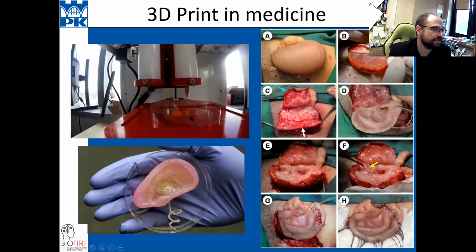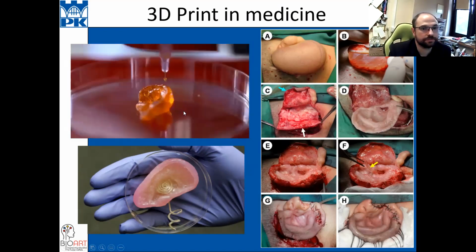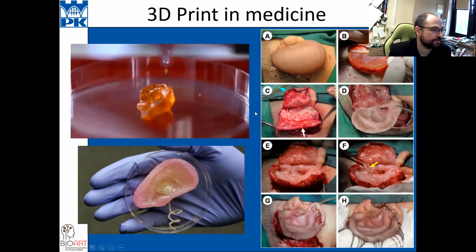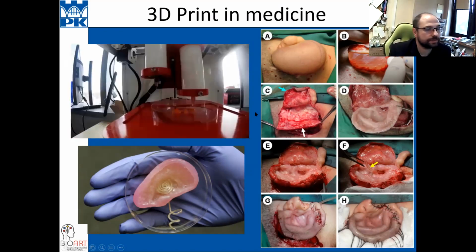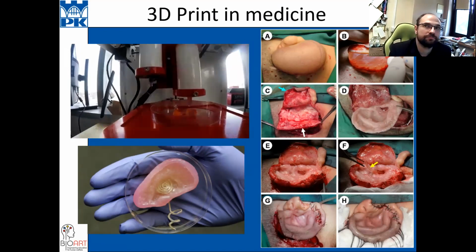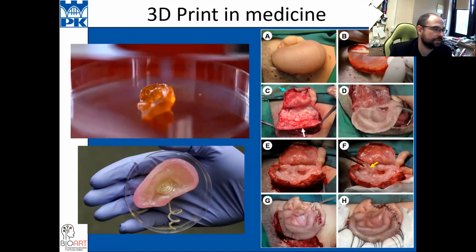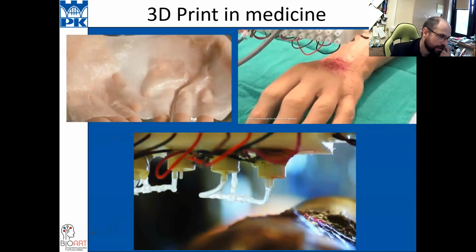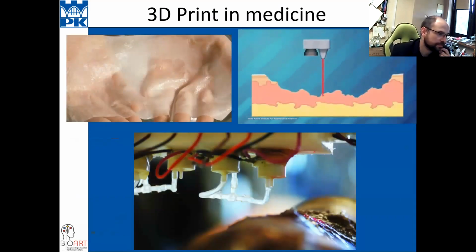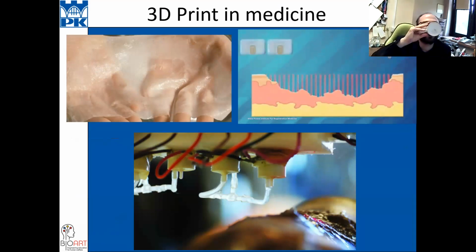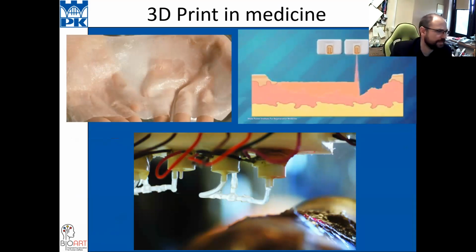It's very easy to print this kind of tissue. It's not hard now. The problem is when you want to print more complicated tissue, but I will tell you about it. Here is some song of the future, but it still doesn't exist.